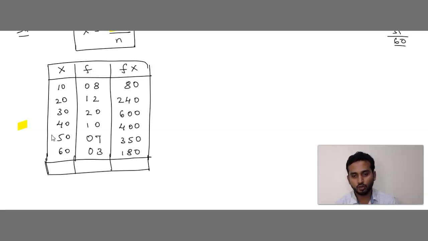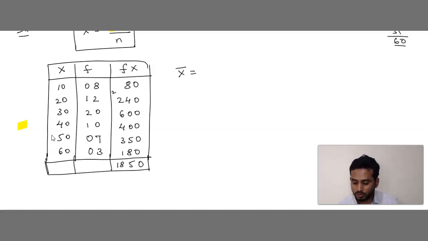If you want, you can do it next to this or below this table also, but here I will do it next to this only. Okay, x bar equals sigma fx. We have to add all the numbers, right? 0, 0, 0, 0, 8 plus 4 is 12, 12 plus 5 is 17. Next, 17 plus 8 is 25. 5 to carry, 2 plus 2 is 4, 4 plus 6 is 10, 14, 17, 18, that's nothing but 1850.